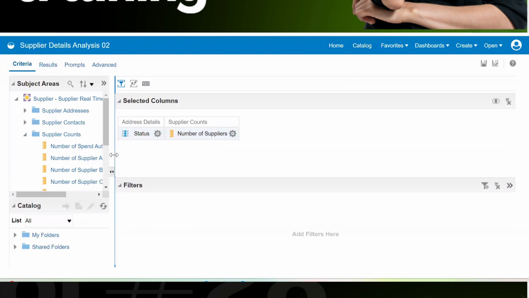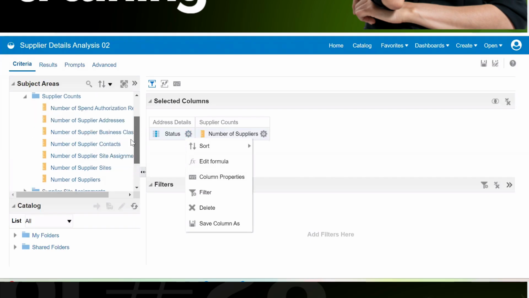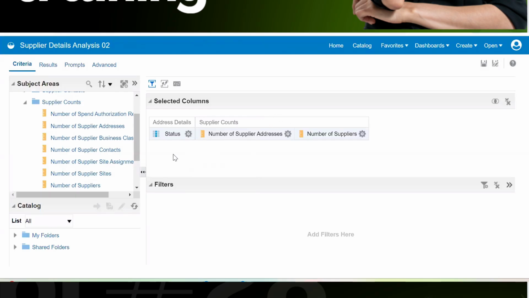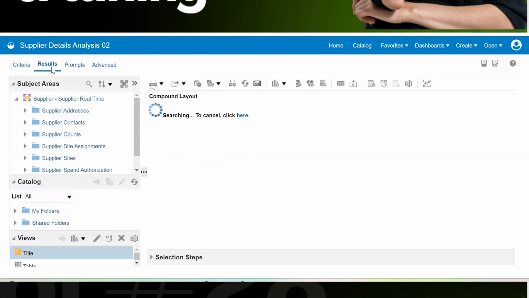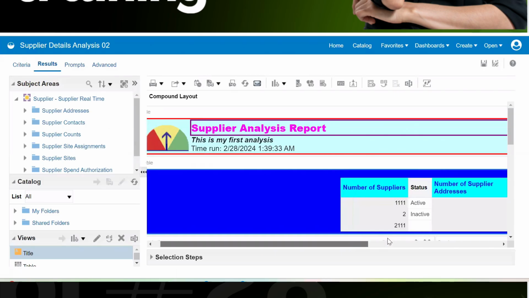We want to understand, as per the status, what is the total number of suppliers and what is the total number of supplier addresses, which we have dragged and dropped here. Now if we see the results accordingly, our analysis will change and display different data attributes.